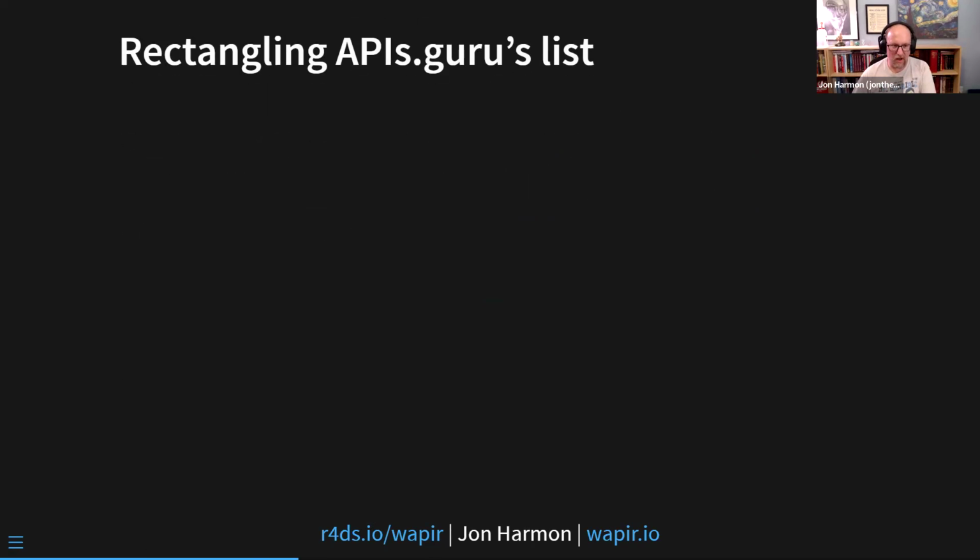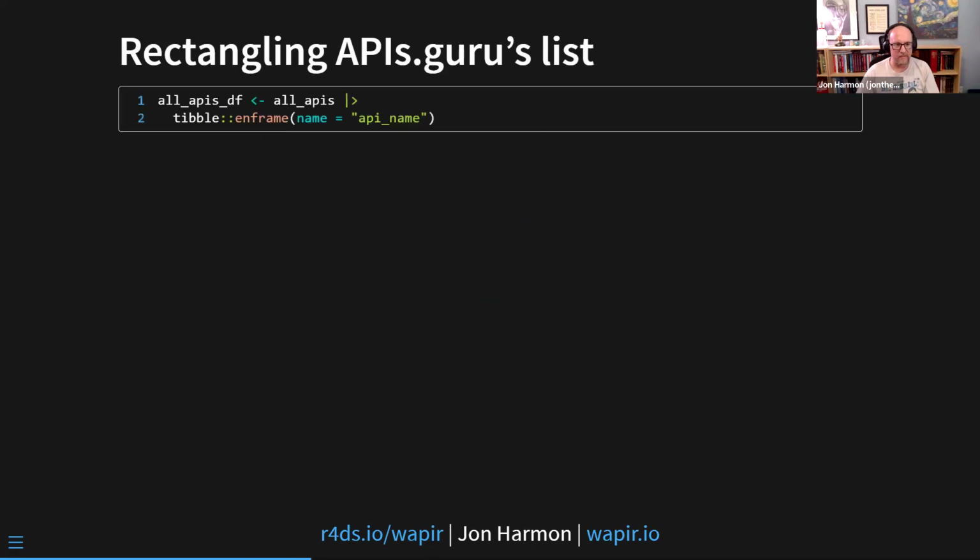So we have that giant list. I'm going to start with a function that I find super helpful, actually not mentioned anywhere in R4DS. I did a search earlier today. It's not listed as superseded or anything, but it is tibble's enframe. I love this function for working with lists. You can do tibble(data = all_apis), and it's almost equivalent, but this